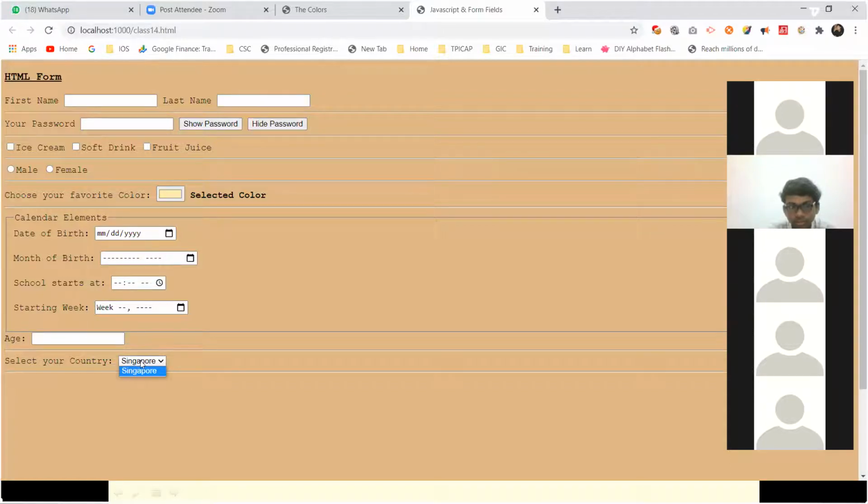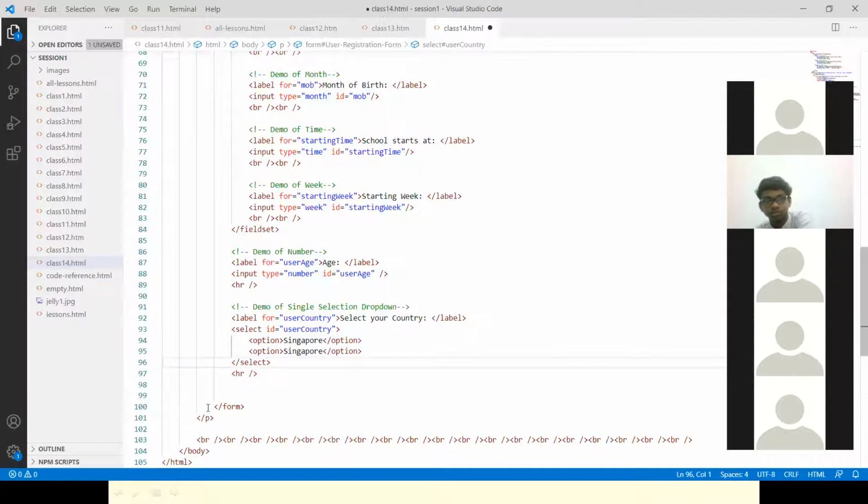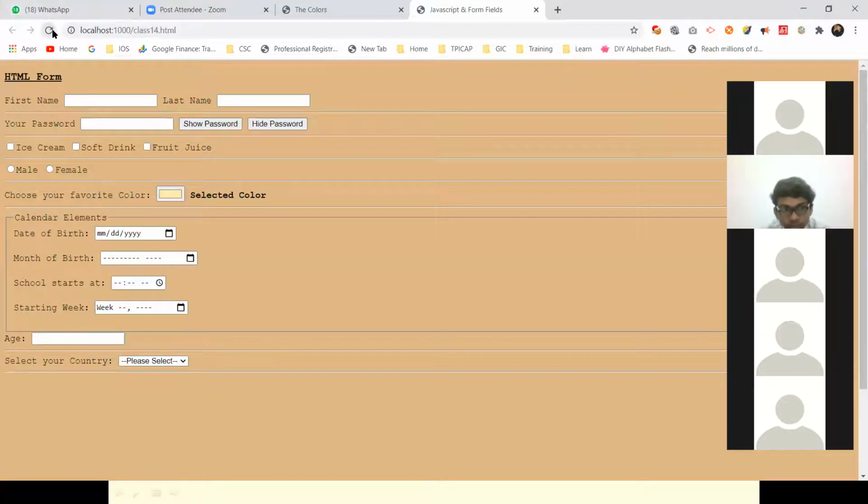See, the first value, there is nothing here, right? So only one item is available, so that will be pre-selected. If you want to have empty or some default text, what you can do is copy paste this one. You should make it as please select and then 2 hyphens, something like this. It's a default text, so let the user know to select. So refresh this, you see it will come like this, and then user will see 2 options here.